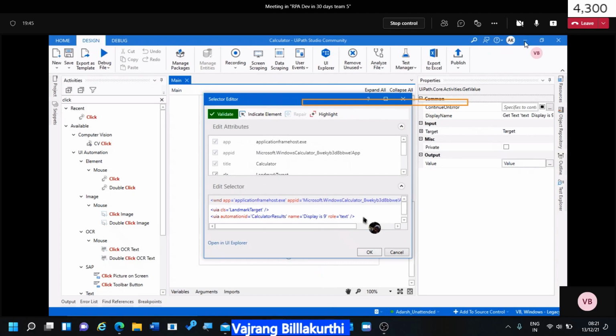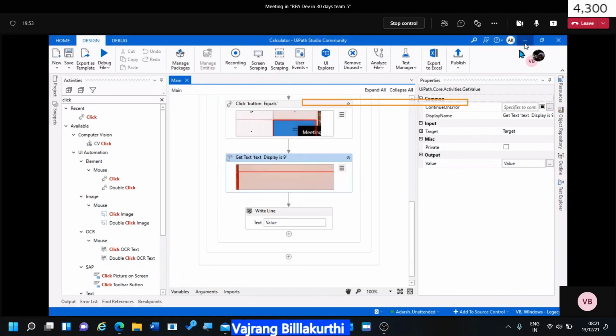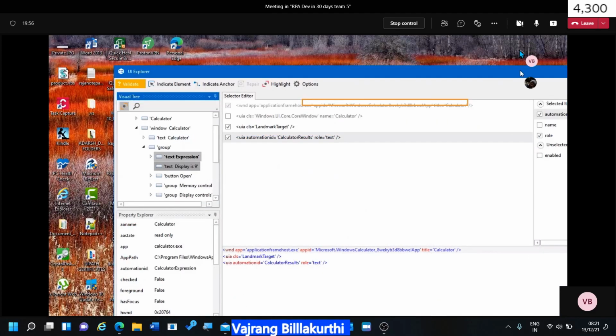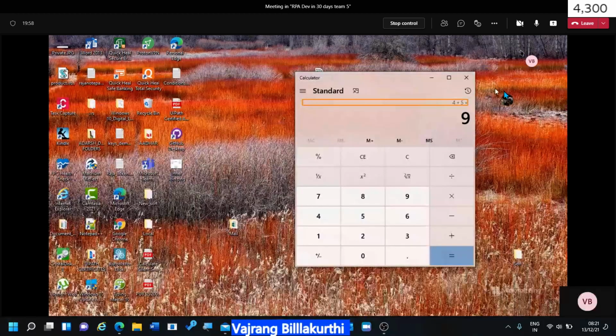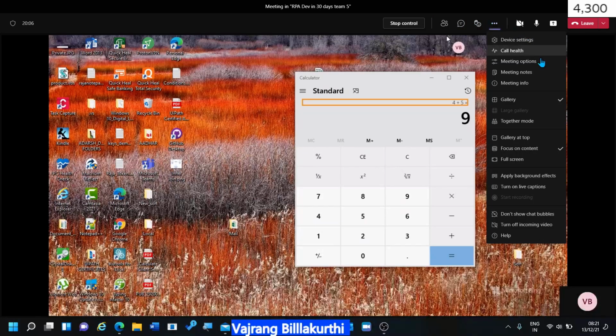Can you open Calculator, please? Okay, go back to this selectors. Studio. No, selectors.